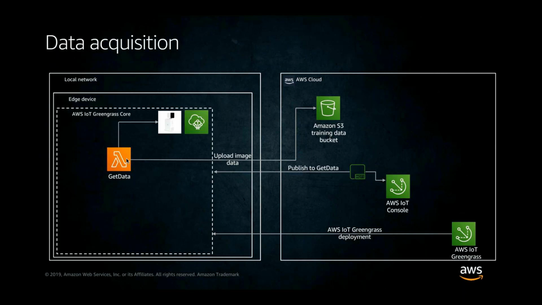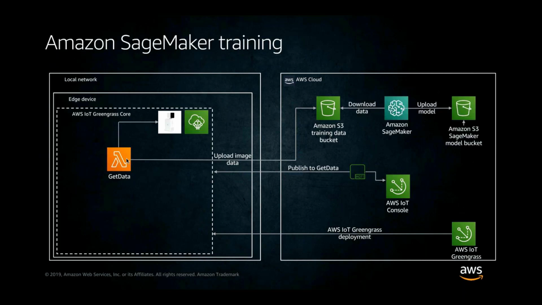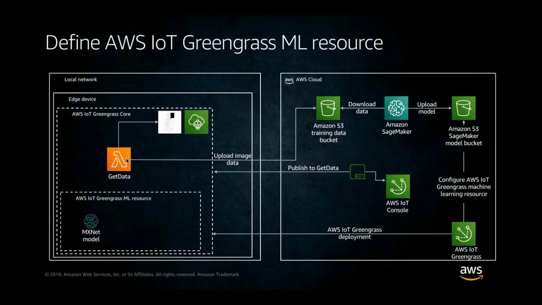Once I have training data on Amazon S3, I can go to Amazon SageMaker and start training a convolutional autoencoder model. Once the model is trained, SageMaker will automatically upload the model artifacts to Amazon S3. The next step is to connect these model files with IoT Greengrass. That happens via the machine learning resource. If I deploy my Greengrass deployment again, it will automatically download the MXNet convolutional autoencoder model